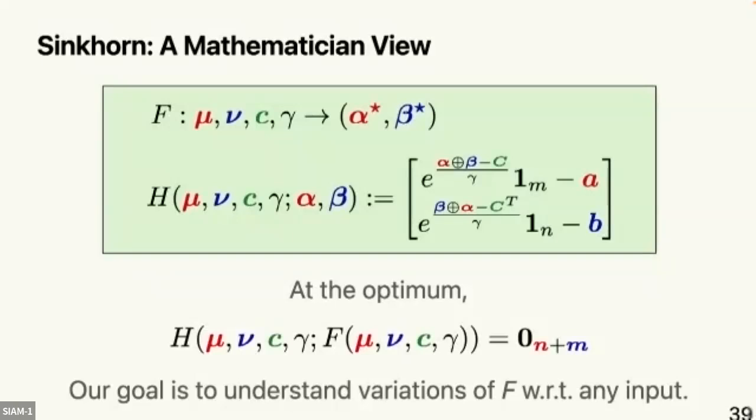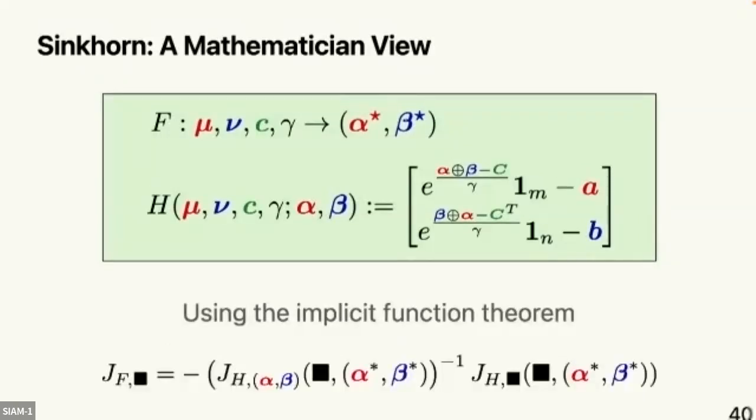And you give me this vector valued map that characterizes how far I am from the optimum, then that h applied on the inputs and of the optimal solution from the inputs is equal to 0. This is what typically we would differentiate. And so our goal here, if you want to differentiate optimal transport, is to understand how those things here, the outputs of this function f, vary with respect to the inputs. And so the implicit function theorem here is straightforward. It would be simply saying the Jacobian of the outputs, the Jacobian of the optimal transport result that I'm looking